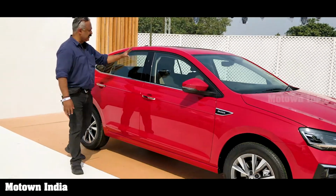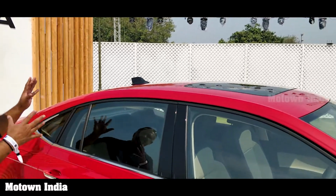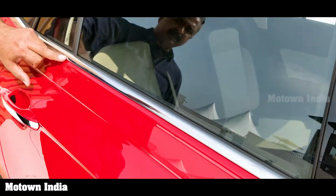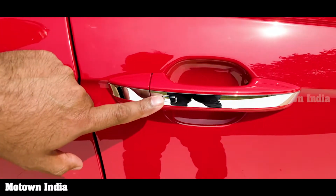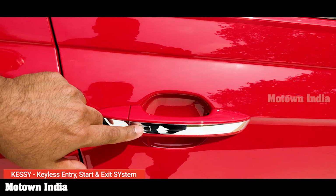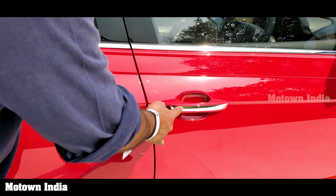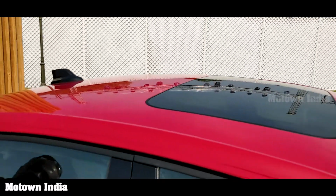As we move along, we get to see it's very well designed. It's got a little curve, very sedan, very mid-size, very premium to look at and to feel. Chrome here on the belt line, chrome on the handles here, and take a closer look at the handle. You realize it's KES, which incidentally means it's keyless entry. And this is the button. It's kind of a sensor here. You have a sunroof, a shark fin antenna,